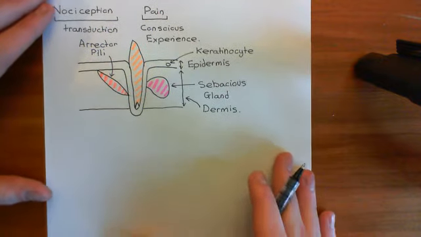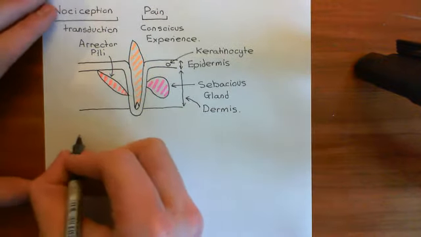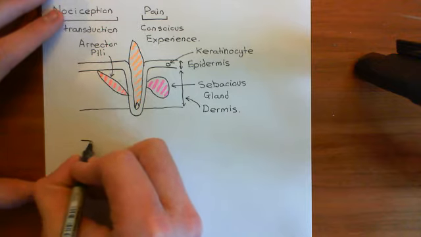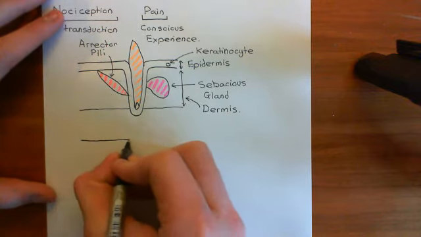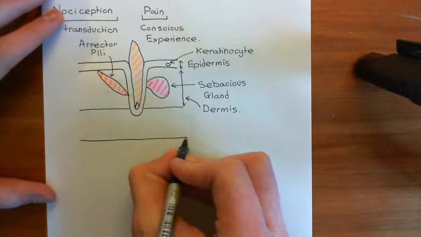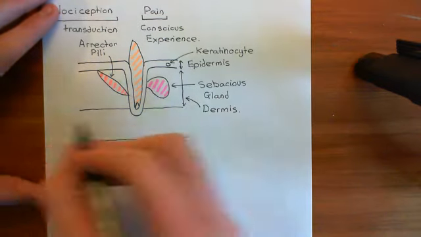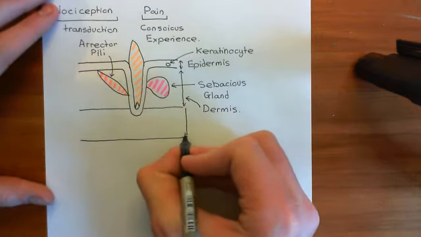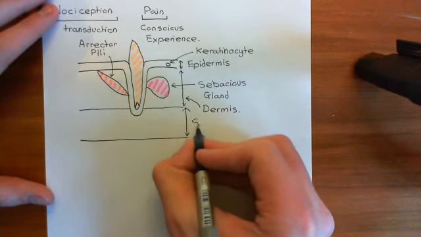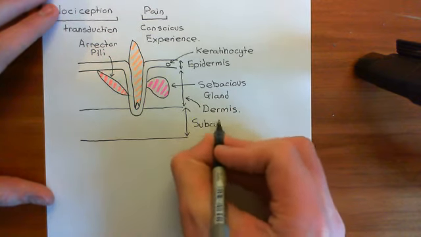Now, let's go a bit deeper before we discuss any other structures within the dermis. Underneath the dermis, you then have a layer of subcutaneous tissue, which mainly consists of fat cells. So you're going to have adipocyte after adipocyte after adipocyte. So this is the subcutaneous